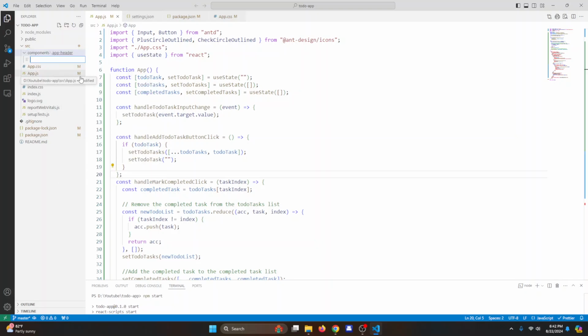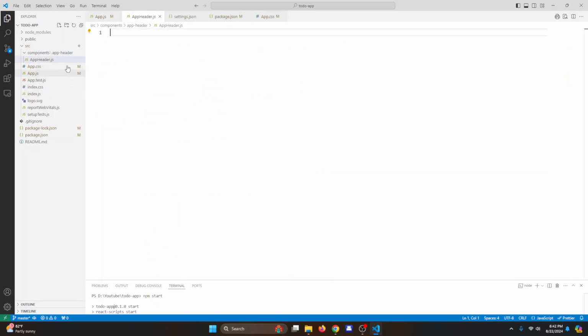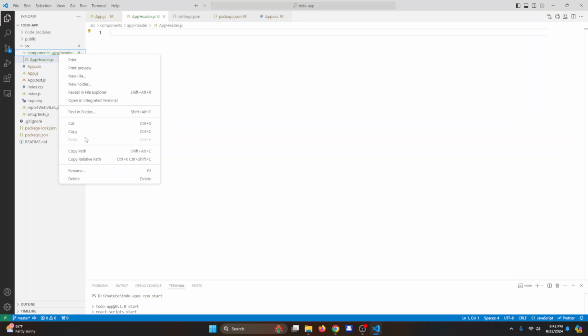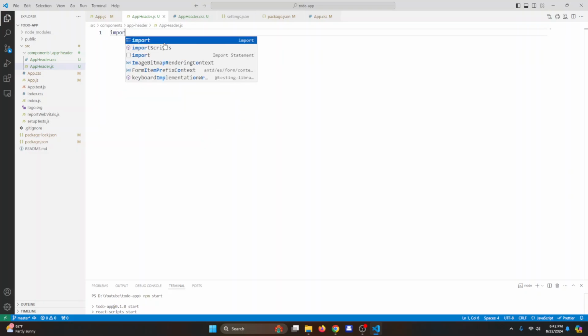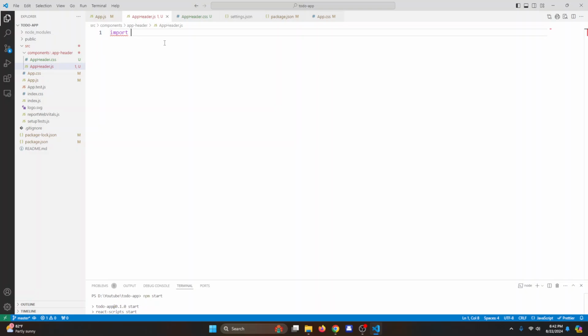So within app header we are going to create new files. So let's call it app header.js, and we are going to have a css file for this particular component. So let's add a new css file that is called app header.css. Now first of all, you need to import the app header css in the app header.js file. So let's do that. So here we will import the app header.css,